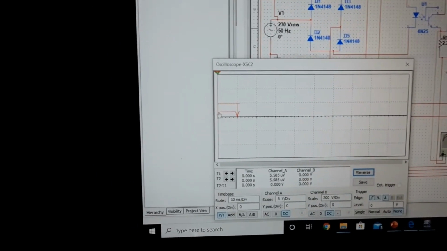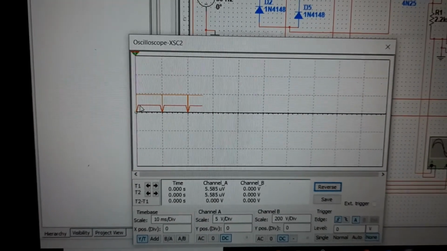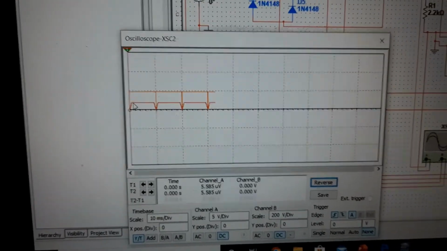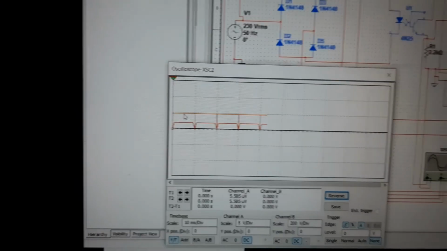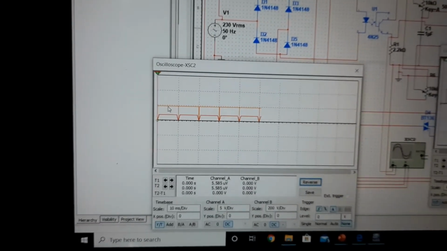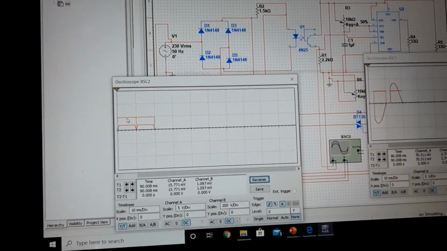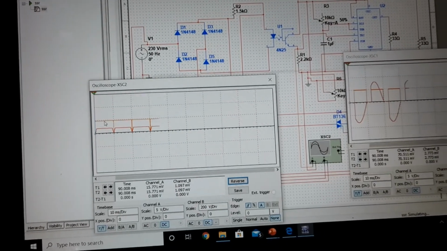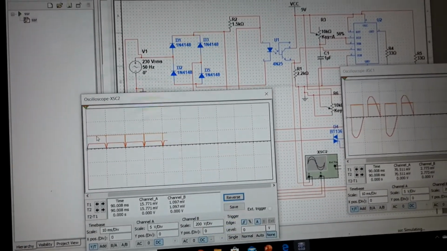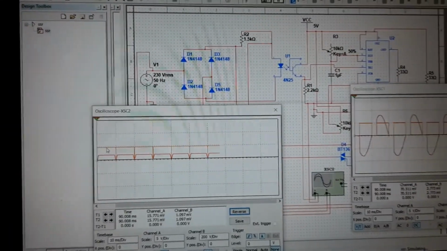Here the output in red color is of the full wave rectifier, which is going low for a small period of time, and the orange color output is across the pull down resistance of the optocoupler, which is nothing but replicating the full wave rectifier output to a 0 to VCC range, where VCC can be set as per the specification of the 555 timer IC, which could generally be 0 to 5 volt or 0 to 12 volt depending upon the input range.